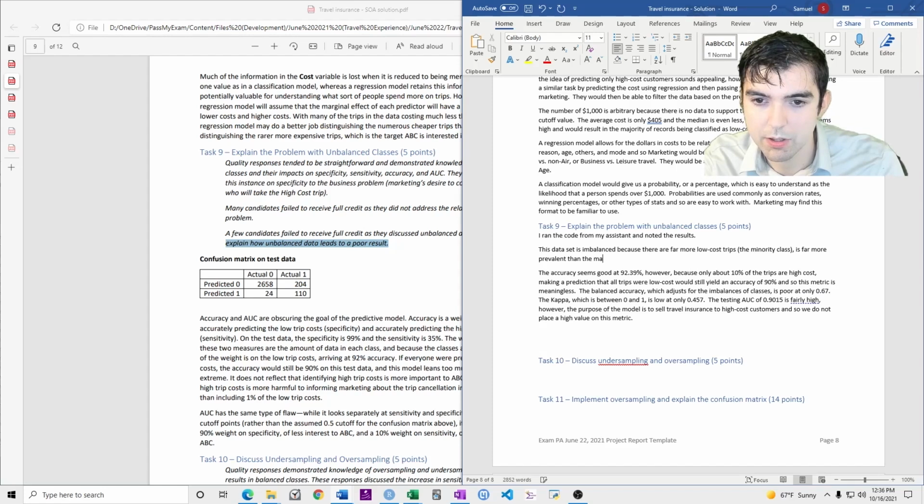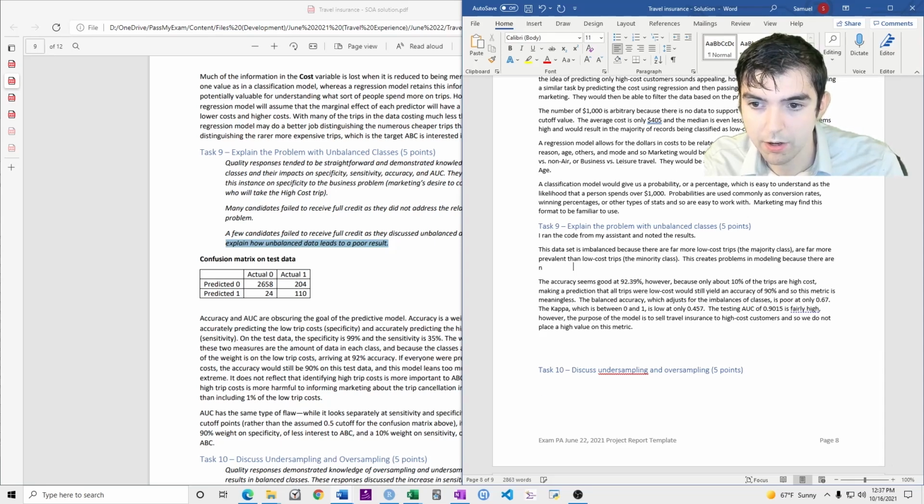Because low-cost trips, the majority class, are far more prevalent than the minority class, high-cost trips, this creates problems in modeling because there are not enough records of the minority class for the model to learn from.